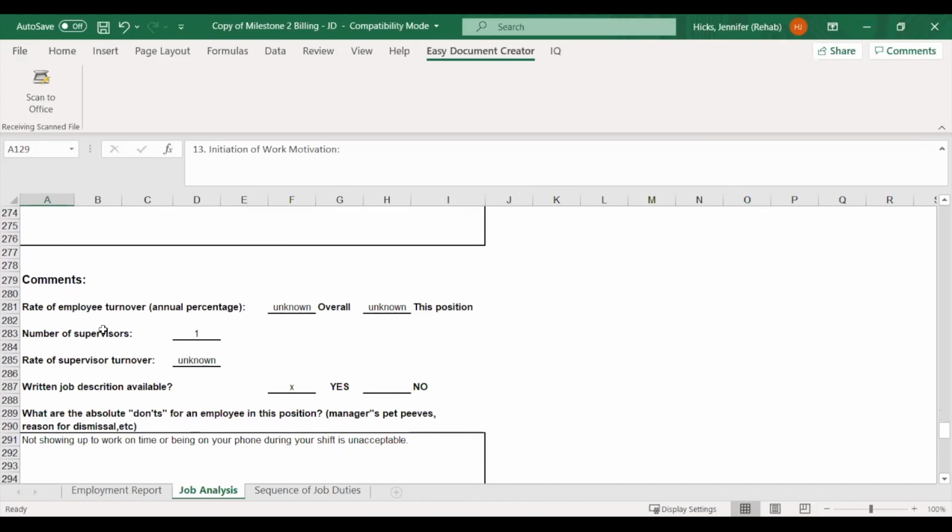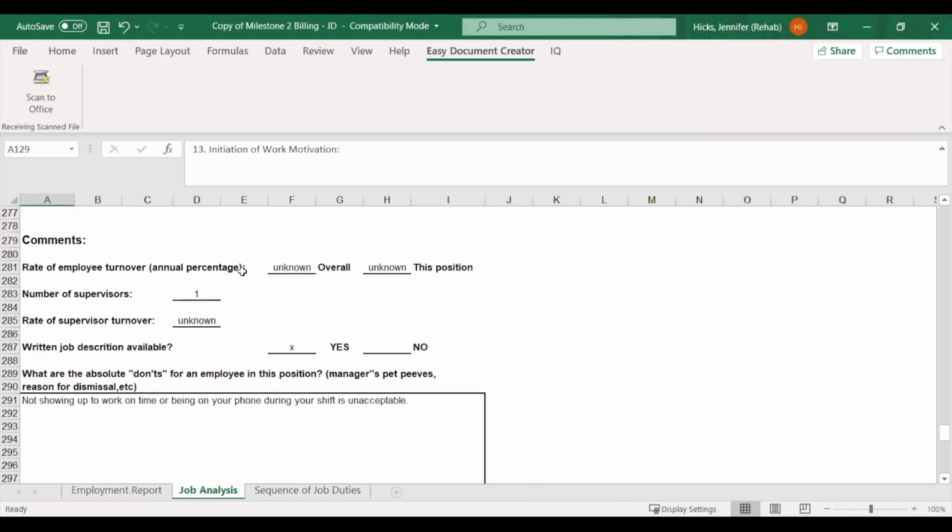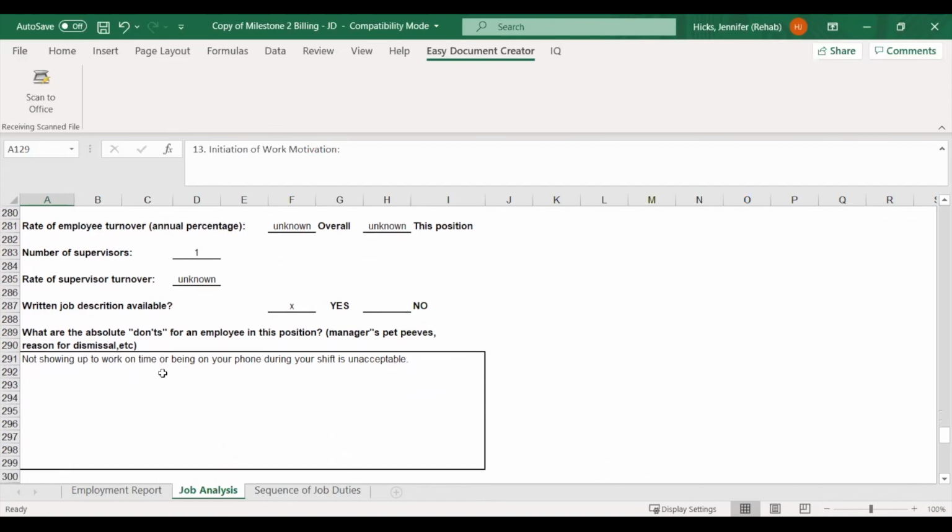And finally, the comments: rate of employee turnover, the number of supervisors, the rate of supervisor turnover, was there a written job description? You just don't want to leave any of these blanks. So you have to look around and see how many managers she has, how many supervisors. And if you don't know, you just put unknown there.